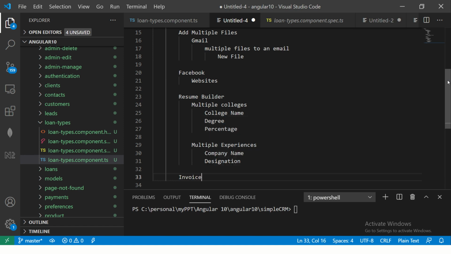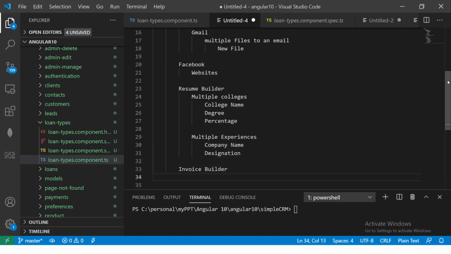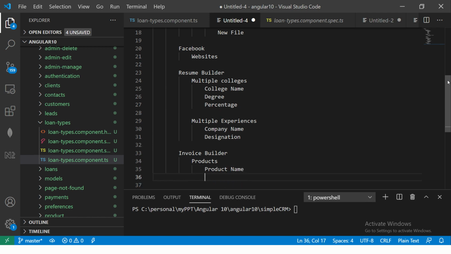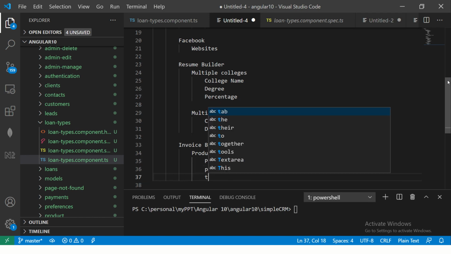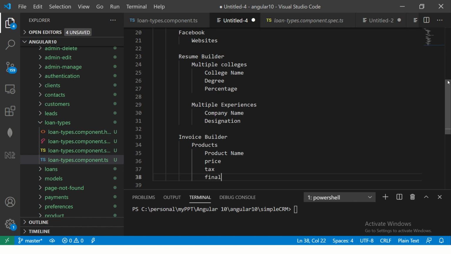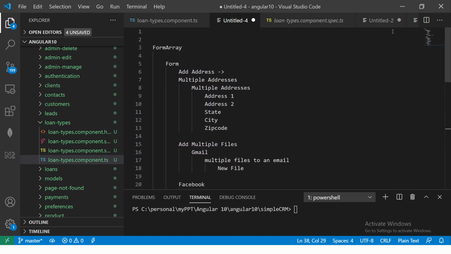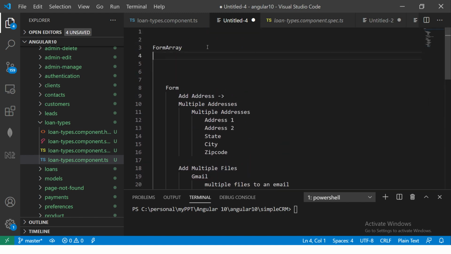Or for that matter, look for any invoice builder. You can add multiple products. Each product will have a product name. It will have some price, some tax, and then final amount, etc. So what you're seeing here is that in all these examples that I gave you, we are doing some basic things. Let's see what. Now in technical words, we have a form. We have a form, and we are dynamically adding form controls